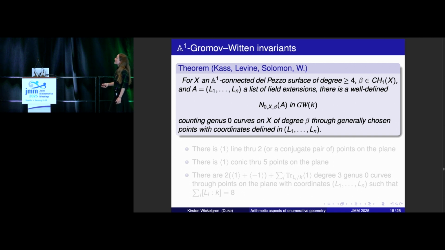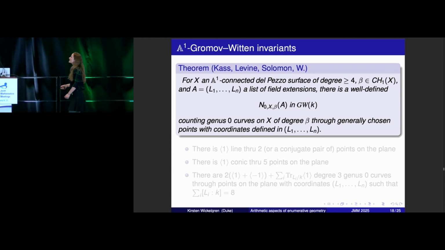So we're going to run our curves through points with residue field L1, L2, Ln. So if we want to know the genus 0 curves of degree beta on X running through generally chosen points with those residue fields, it's possible to construct an element of this Grothendieck-Witt group, this quadratic form, that's a well-defined count